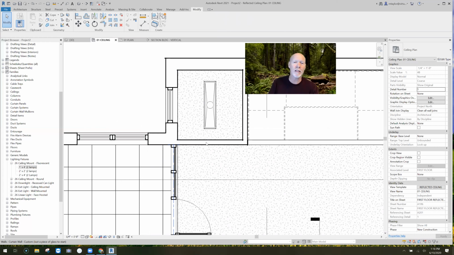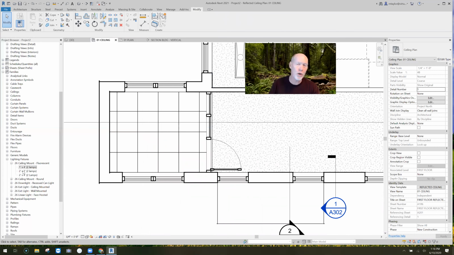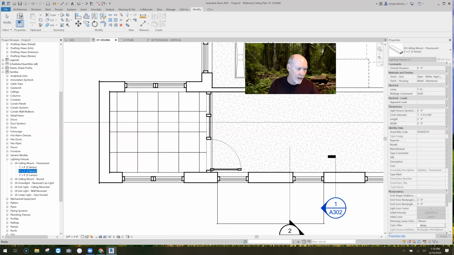Okay, let's talk about a similar case, like a 2x2 fixture that would go on this acoustical tile ceiling, and you want it to align with this grid. But I'm telling you right now, I'm going to grab the 2x2, I'm going to drag it out here. Now look,